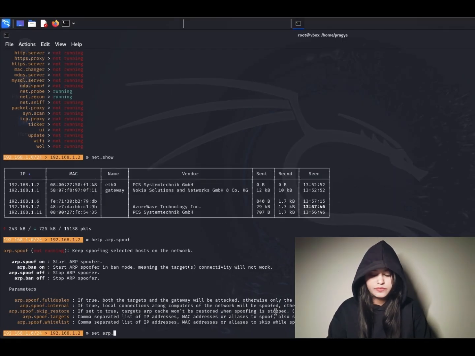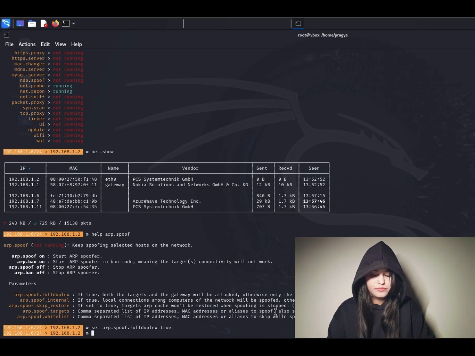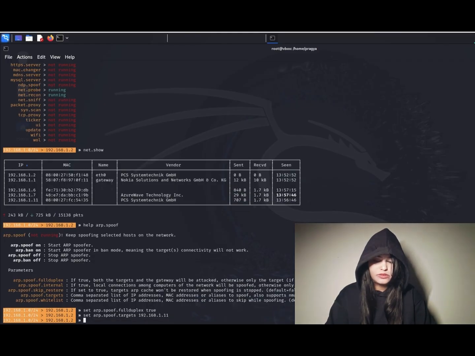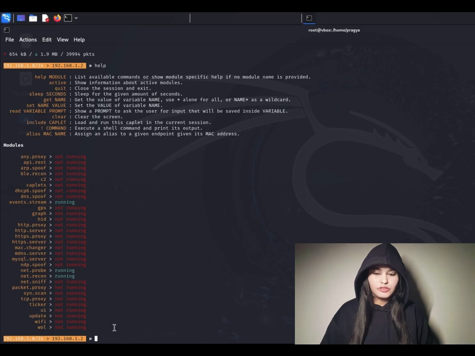Let's do it. set arp.spoof.fullduplex true. set arp.spoof.targets, and we'll be giving the target IP address, 192.168.1.11 in this case, and then again an enter. So now the commands got executed perfectly, and now we need to turn on this module.